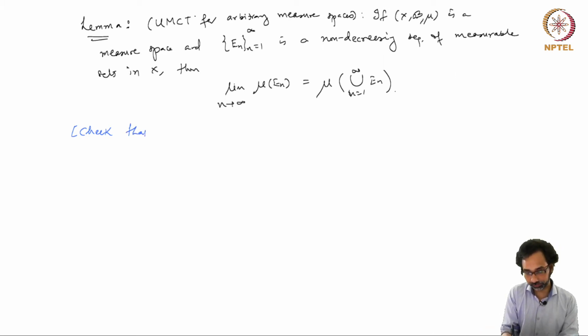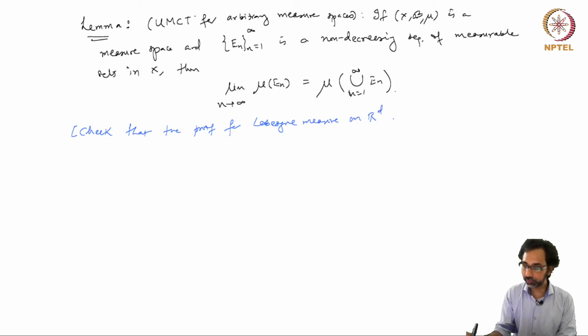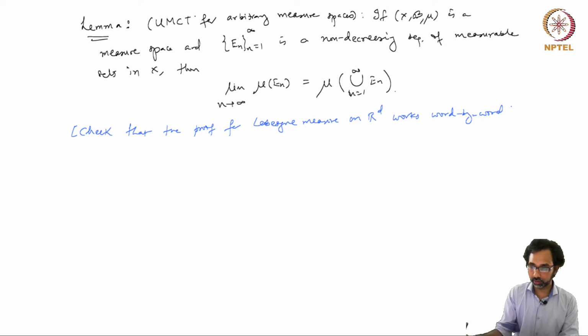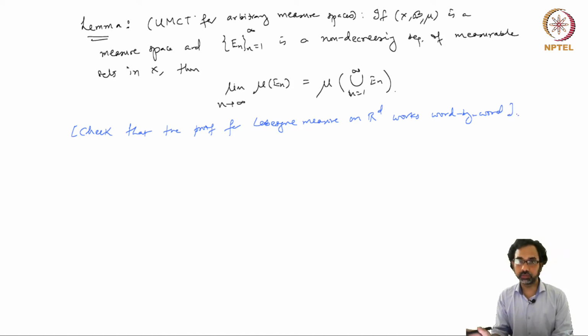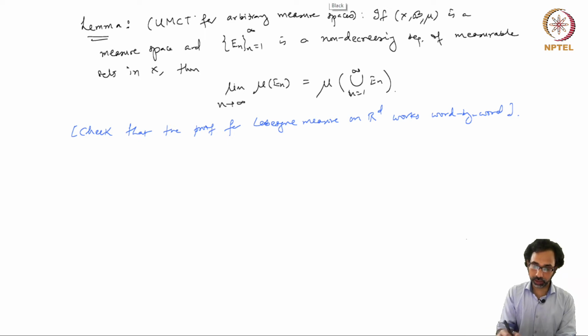So it's almost a trivial generalization of the upward monotone convergence theorem for the Lebesgue measure. So we will use it, and we will also use the fact that we have proved,